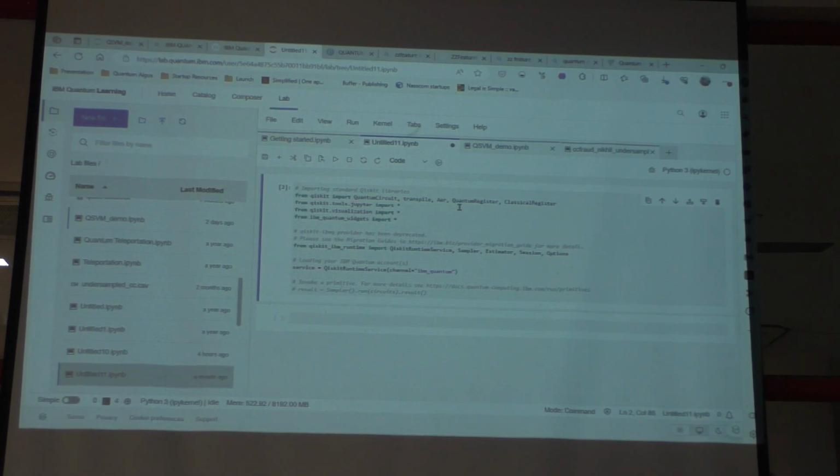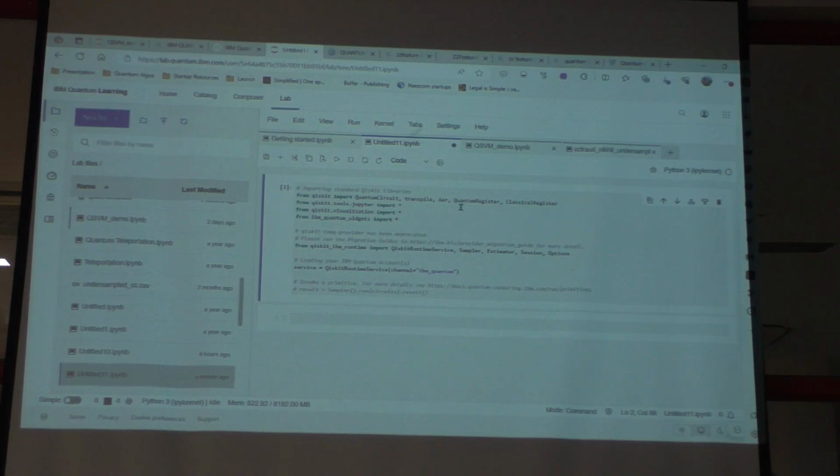I hope you are able to log into this Quantum Lab and start with the Qiskit kernel, and once in the Qiskit kernel, try to see the libraries that are being imported and find what else is missing for us.